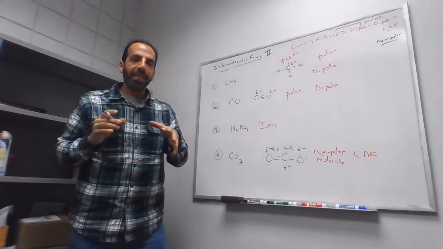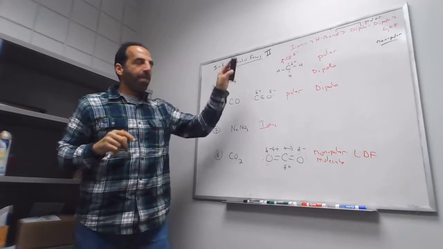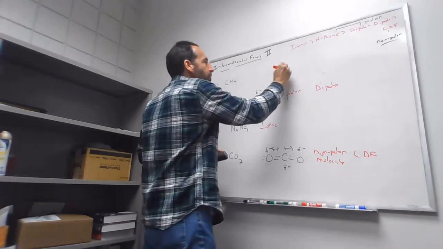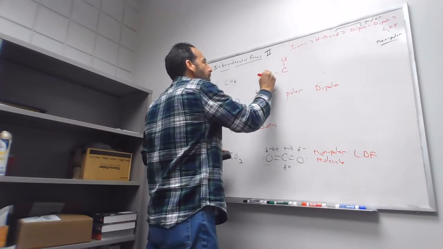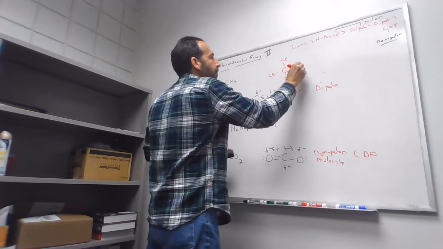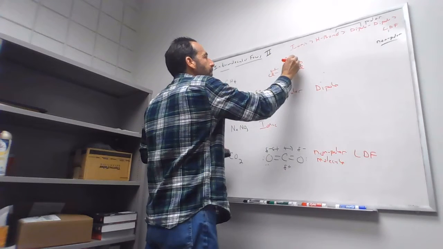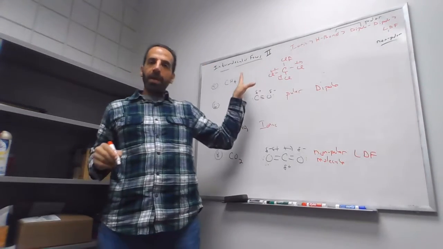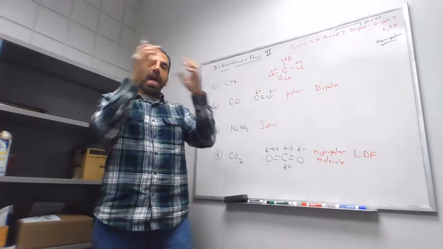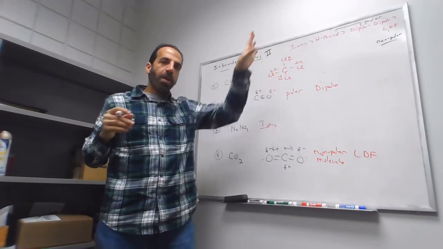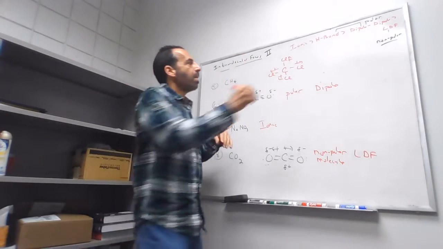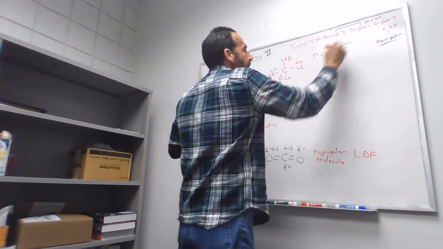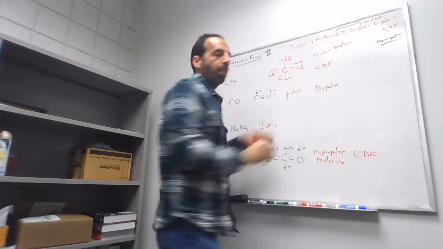One last thing, since I got this molecule up here, if all 4 of these were chlorine, and this is something we did when we did Lewis structures, but it's always good to review. So in this case right here, even though the bond is polar, everything cancels out. So if you have a tetrahedral structure, all 4 of them are the same. It all cancels out. So this is a nonpolar molecule. So nonpolar, and then LDF, the London dispersion